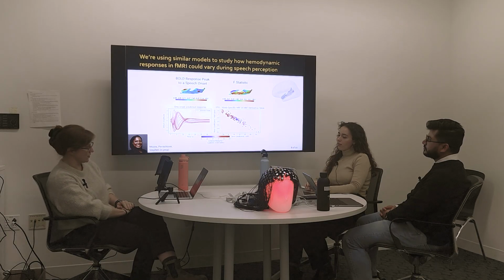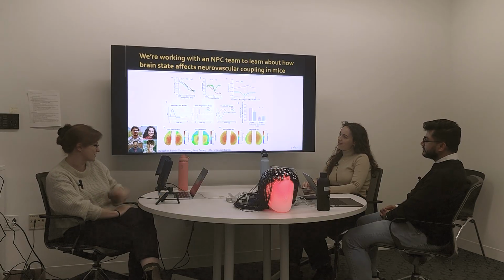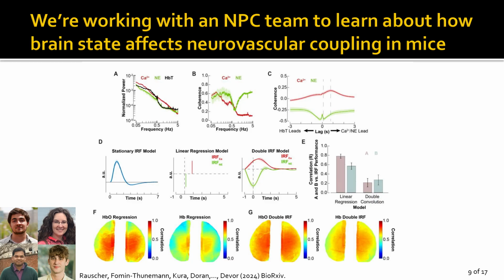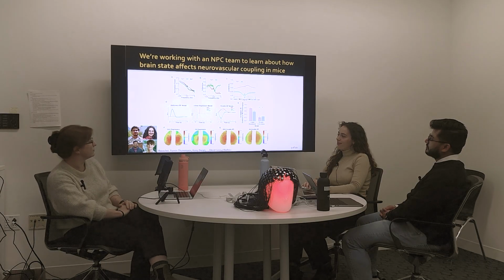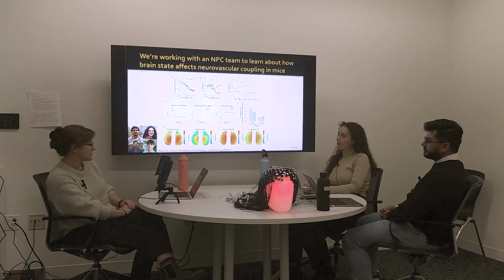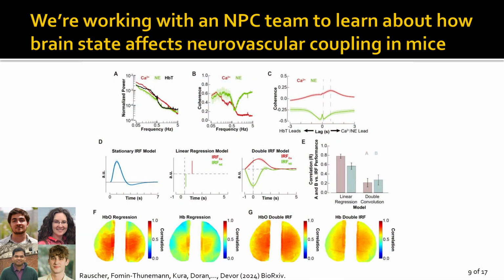So that's one application. And then another one: Ariel is a neurophotonics trainee, and I've got another collaboration with a few labs in neurophotonics, and Dora was also involved in this. The co-first authors for this paper are up here. This is a collaboration primarily with Anna DeVore's lab, where we're trying to study hemodynamic responses, but in mice. So now it's neurovascular coupling in optical imaging, and how those vary as a function of space and as a function of neuromodulation. We can look at acetylcholine and, in this case, norepinephrine,